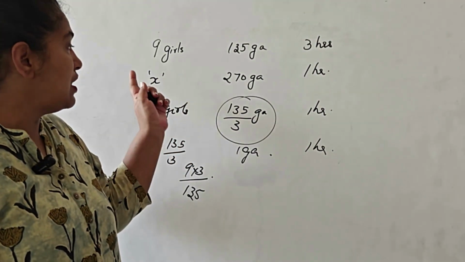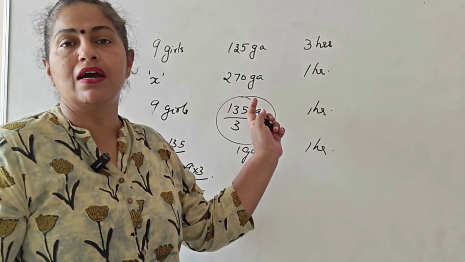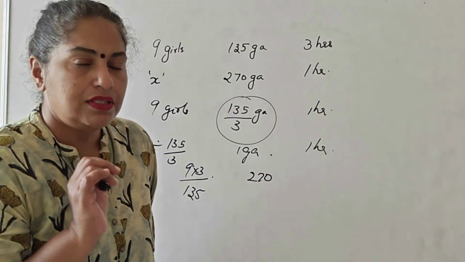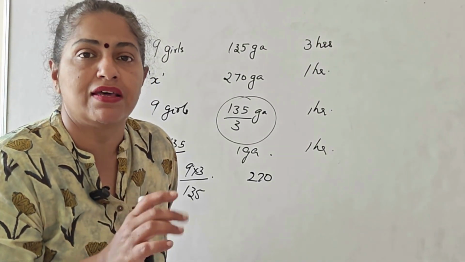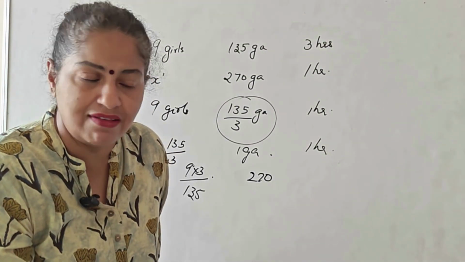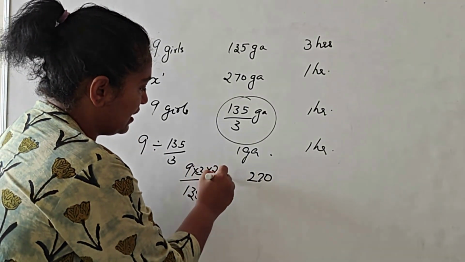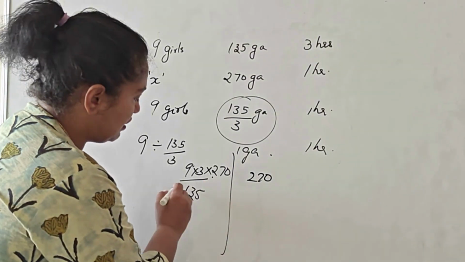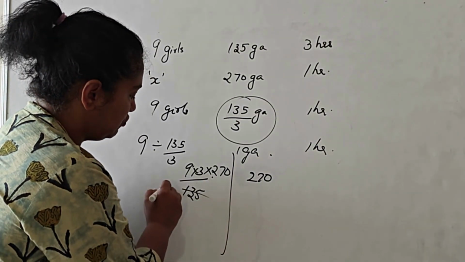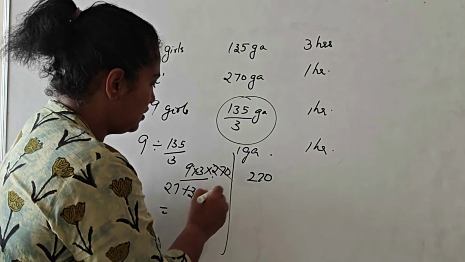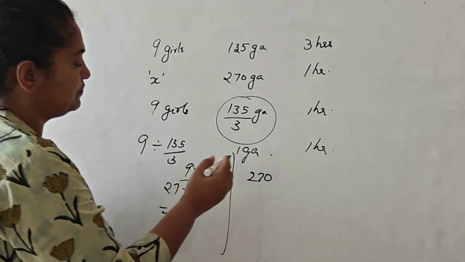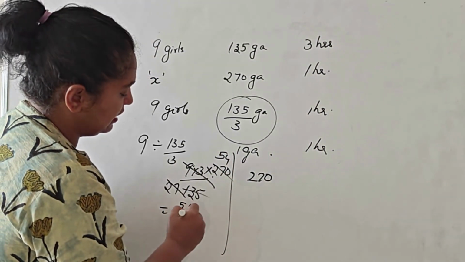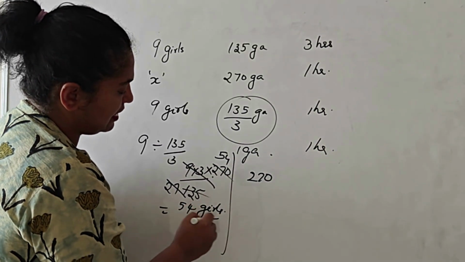Now, what is the question? How many girls are required to make 270 garlands in 1 hour? So, in order to make 270 garlands, the number of girls will be more or will be lesser? It will definitely be more because the number of garlands is more. So, this into 270. Now, let us find the value. When you divide by 5, you will get 27. Here, when you divide by 5, you will be getting 54. 54 girls are required to make 270 garlands in 1